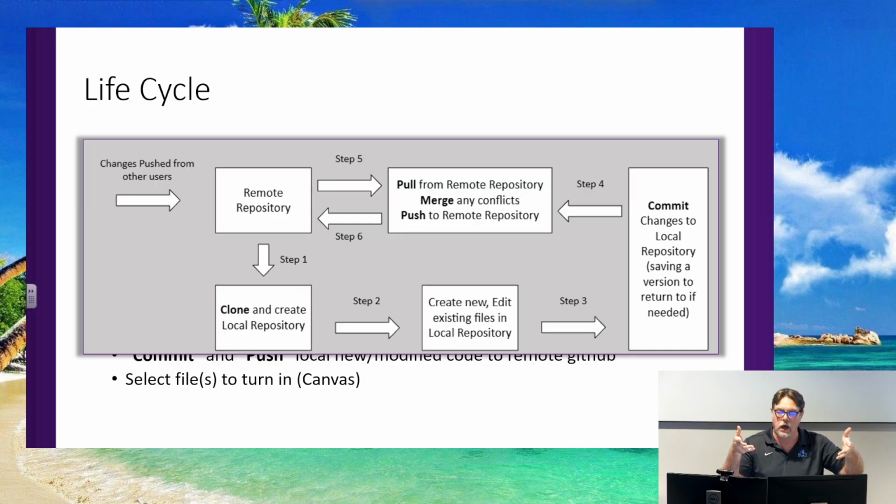And once you're done, great, now you're happy. Now you push your version that's been merged with their changes back to the remote repository. And then you're back to the starting point. Now your local copy matches what's on the remote, and you go back to step 1. Well, you don't clone, but you might pull. So anyway, like I said, life cycle. Good stuff.